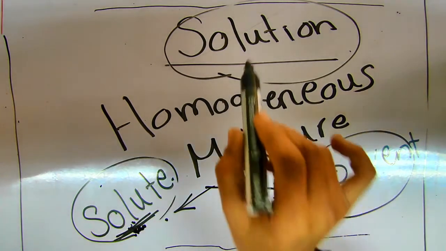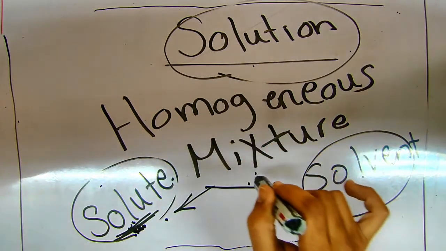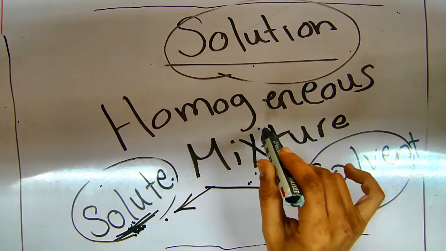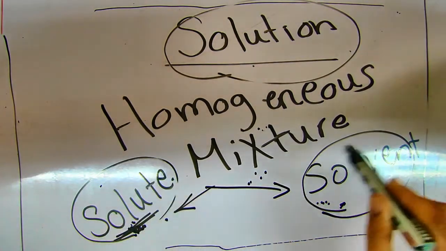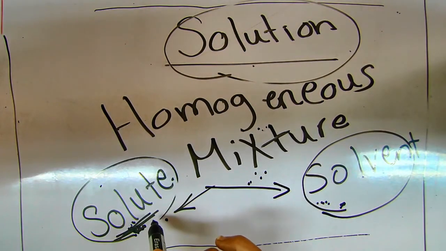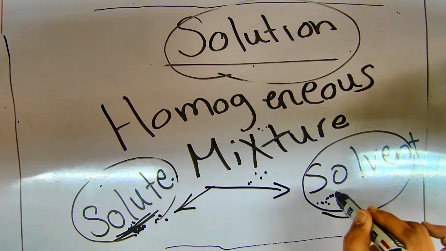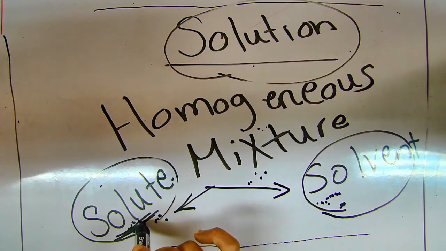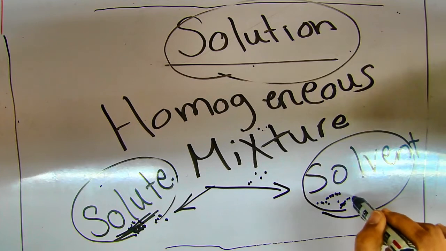Again, solution is a homogeneous mixture. What's the meaning of homogeneous mixture? It means that it can be dissolved in water or is soluble in water, and consists of solid and solvent. The solid is the substance which dissolves in the solvent, but the solvent is the substance in which the solid is dissolved. Solids like sugar, salt; solvents like water, alcohol, and benzene.